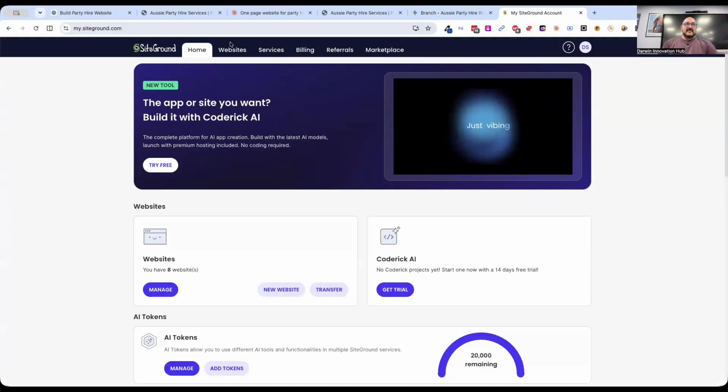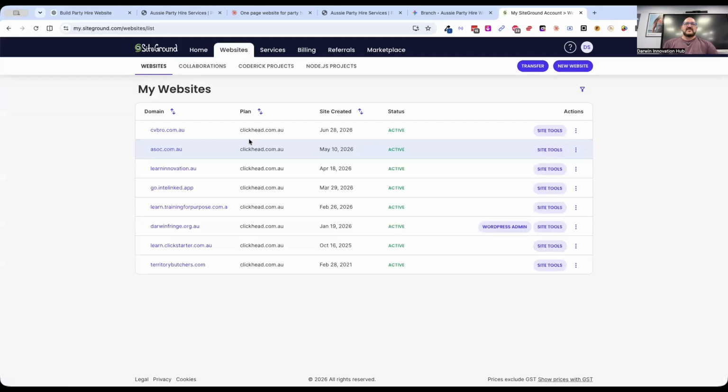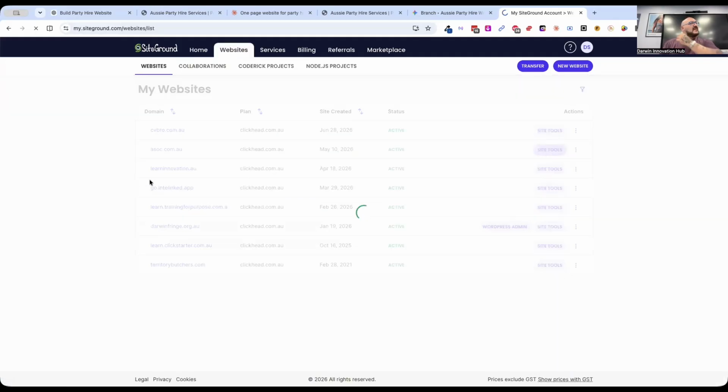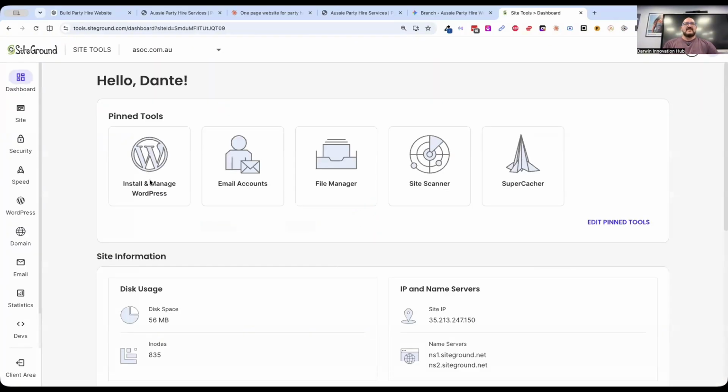And in this case, this is one of the more easy to use web hosting systems. I can go into my websites. Let's just say I'm using this one, ASOC. So I go to my site tools. Most web hosts will have this kind of interface. They usually call it something like cPanel. This one's called Site Tools. Some of them are slightly different to others, but they all work the same, based around a file